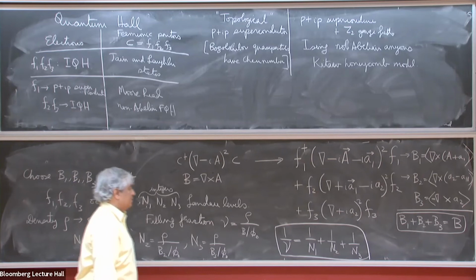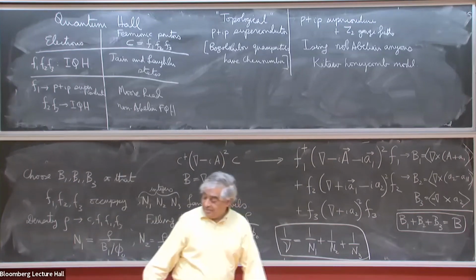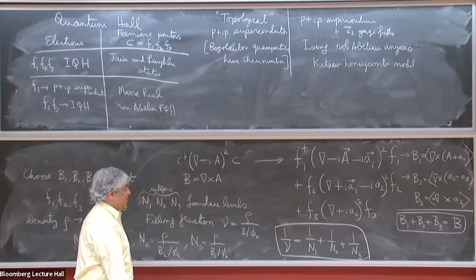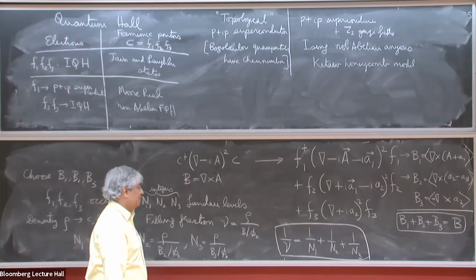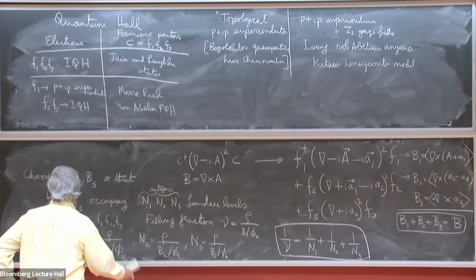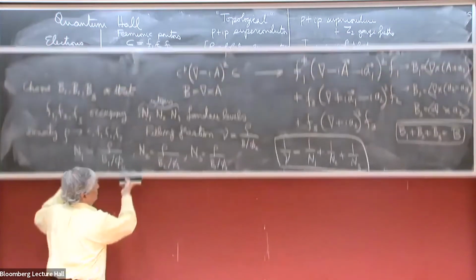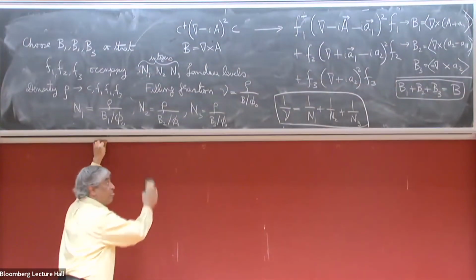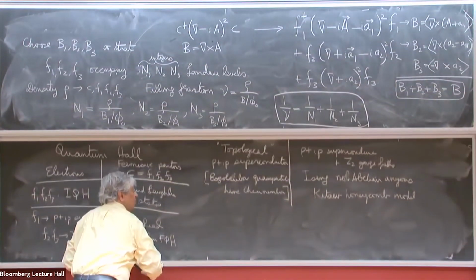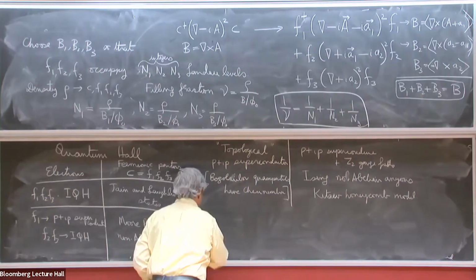But this, it turns out, this construction gives you a complete description of, I think, essentially all states that have been seen, at least at odd filling fraction. In particular, the most important ones are the following. The most important states